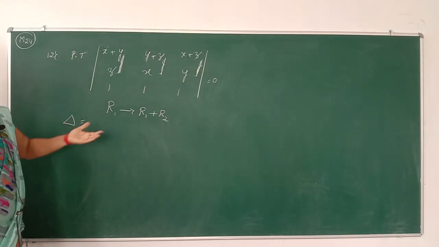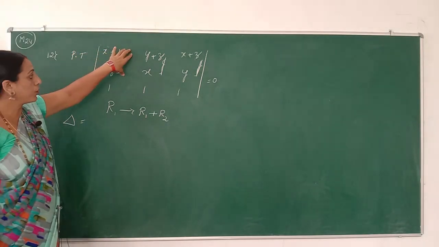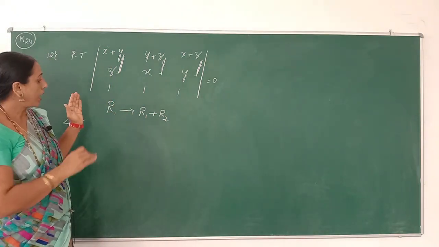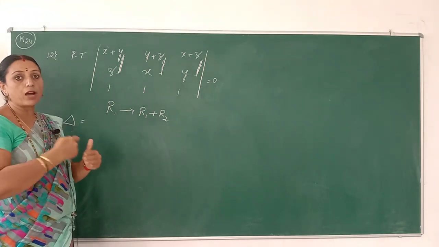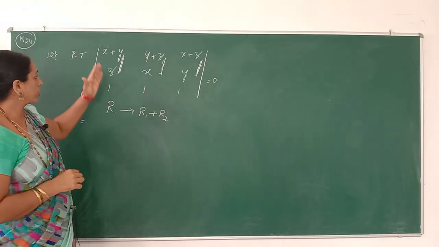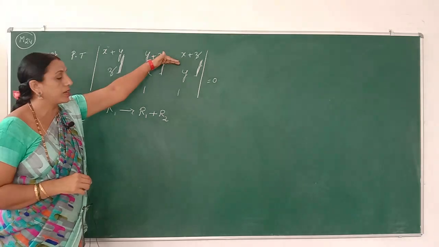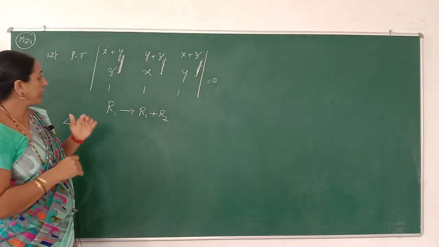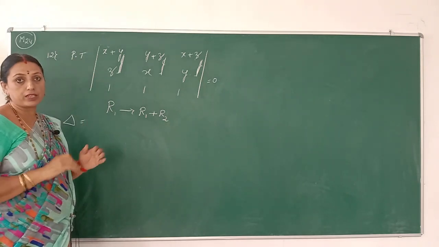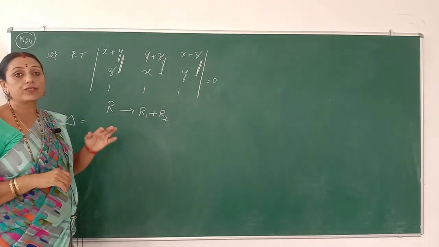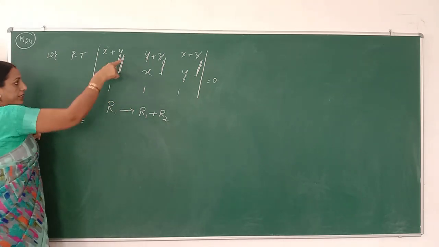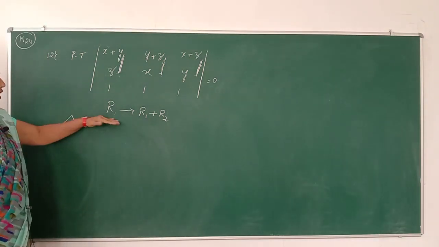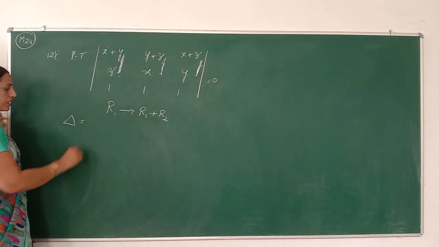In yesterday's class we already told that the corresponding elements column wise get operated row wise. So adding the elements row wise is operated column wise. If we add the elements row wise, that is the corresponding element of the column wise. If we add the same elements column wise, these are the corresponding elements of the row wise. Therefore, now adding in the column wise is operated in the row wise. R1 can be changed with R1 plus R2.